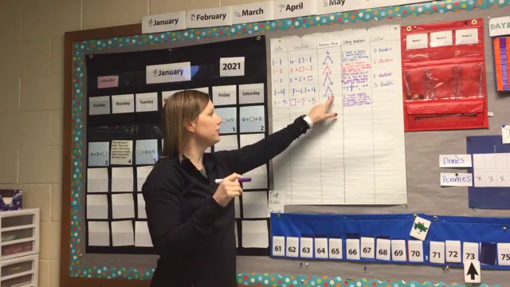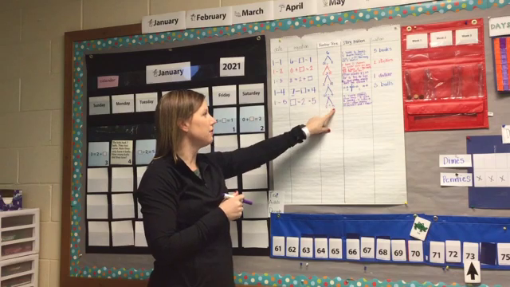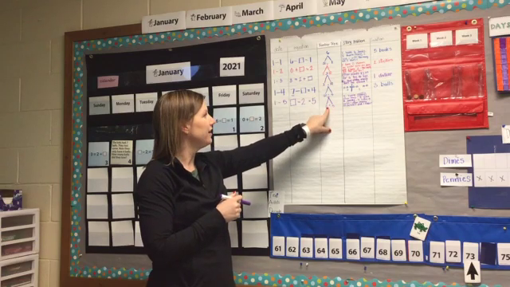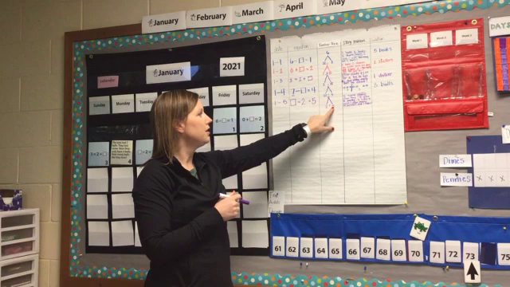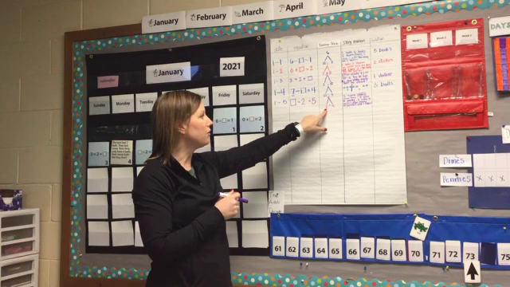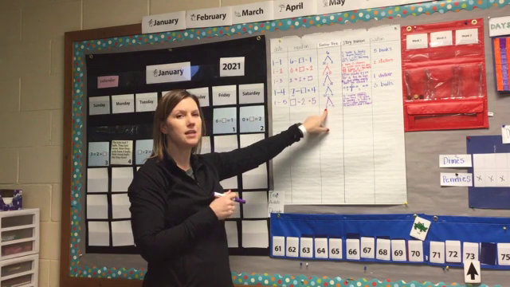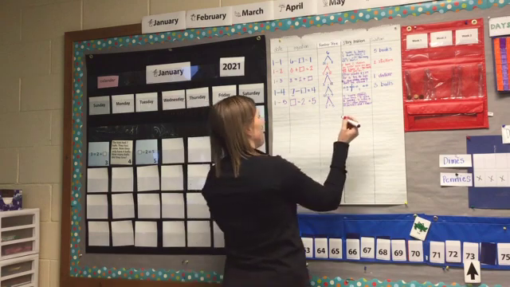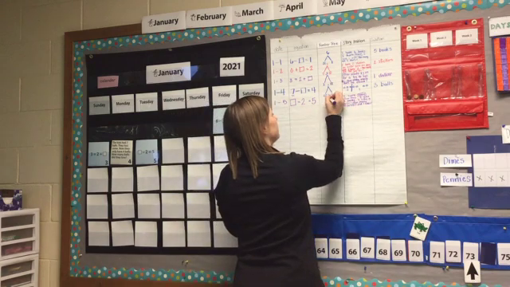Well, looking at my number tree, I know that I can add my two partners together. Okay, 5 plus 2 equals 7. Let's see if that makes sense. If I have 7 marbles,